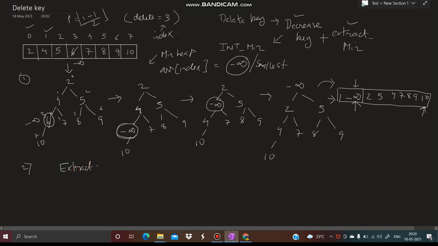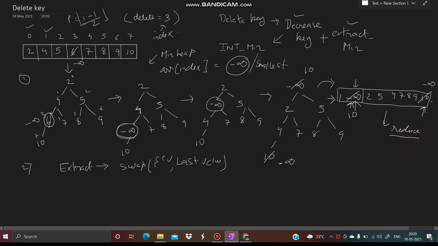So in order to remove the first node, we need to swap the first value with the last value in the array. So over here 10 will come and over here minus infinity will come. In the array, 10 will come in the first place and minus infinity will come in the last place. After this, I can reduce the size of the array.